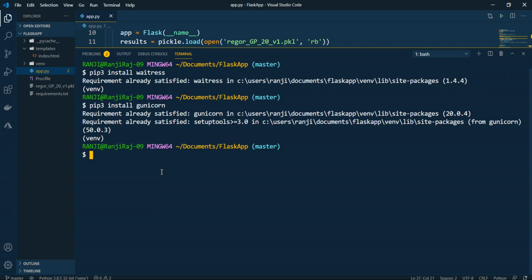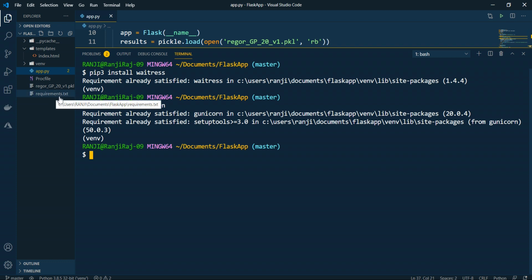Okay, so once you have identified which web server you have to use, there are two crucial files whenever you want to host to Heroku. The very first file that you want to have is a file called requirements.txt. As you can see from this side, I already have it.